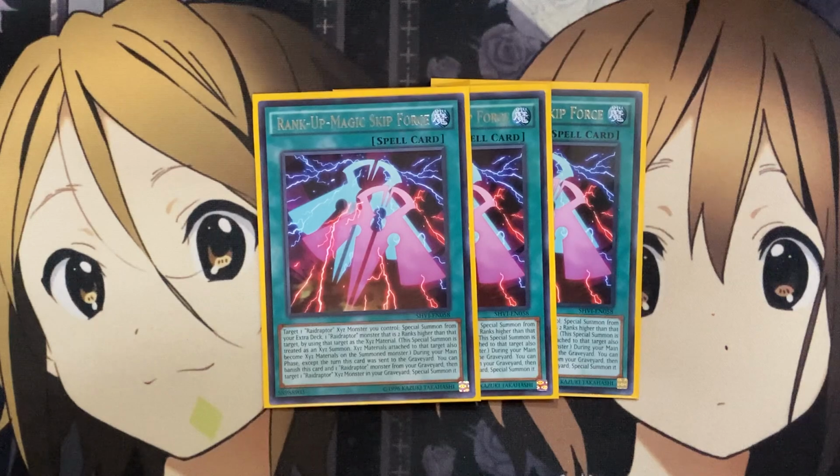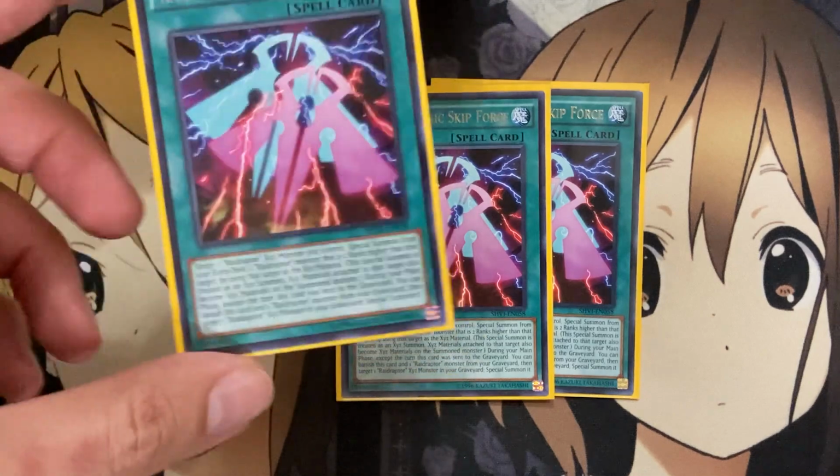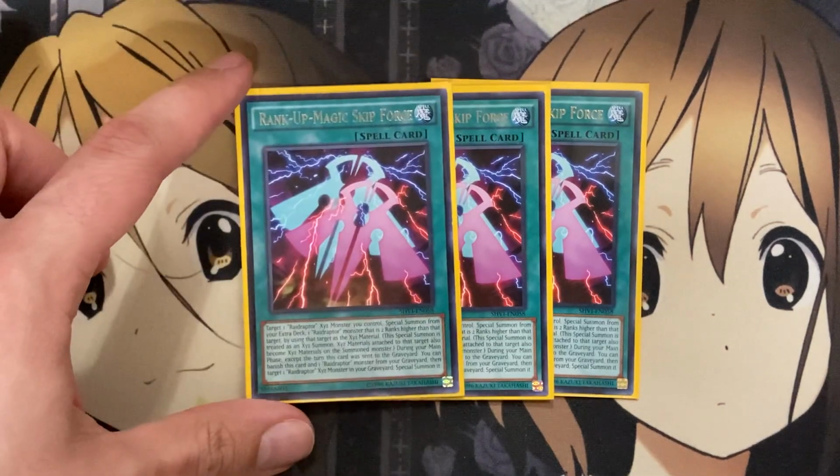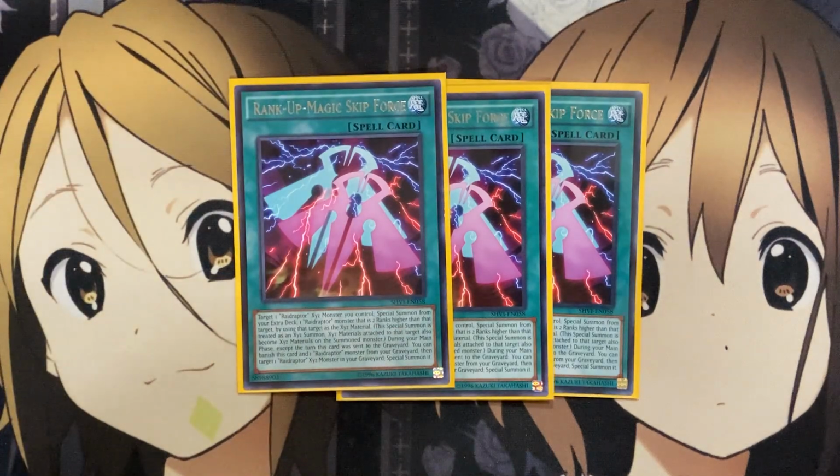And during your main phase, except the turn where this card was sent to the graveyard, you can banish it and this card and 1 Raidraptor monster from your graveyard to target a Raidraptor Xyz monster in your graveyard and special summon it. So having multiple Skip Force in the deck means that if it's set up in the graveyard, you can banish it, summon out that Xyz monster, then use another Skip Force to go into a higher ranked